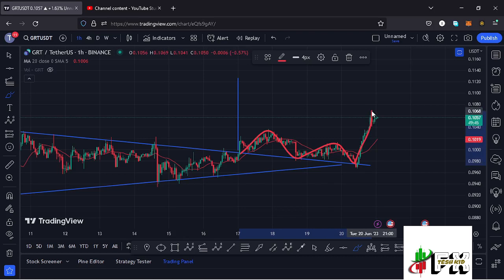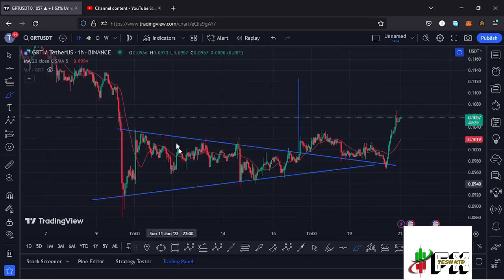at around the $0.1068 mark. And I have my minimum target areas for the breakout out of this chart pattern to the upside at around the $0.1128 mark, and that is the minimum that I'm expecting this massive breakout to the upper side to do. So there are still high chances that we are going to continue gearing up until we fully maximize that minimum